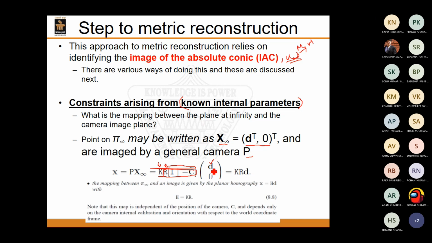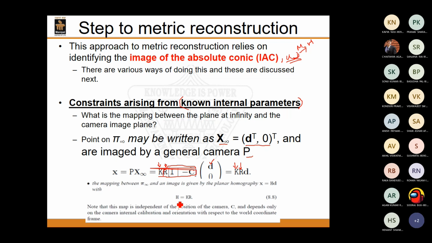Right? I'm multiplying that with the x infinity, the point at infinity. So on computing, what I get would be equal to KRd. That means it is equivalent to multiplying the point at infinity with the internal parameters of the camera as well as the rotation matrix that you have here, right? So on computing this further, what we see is that